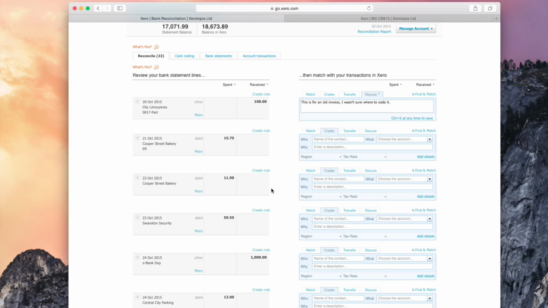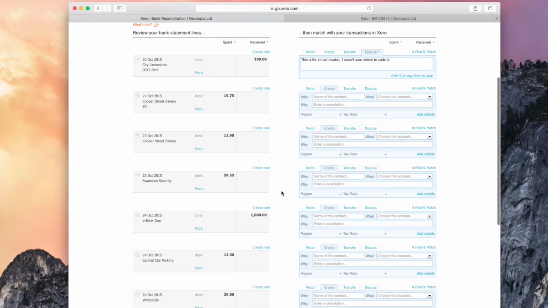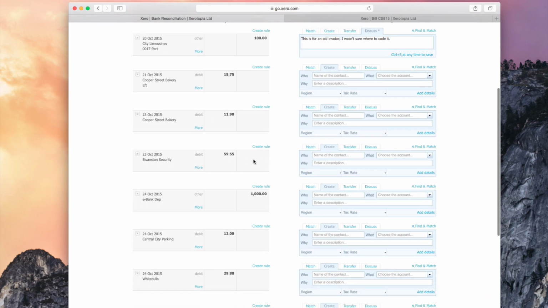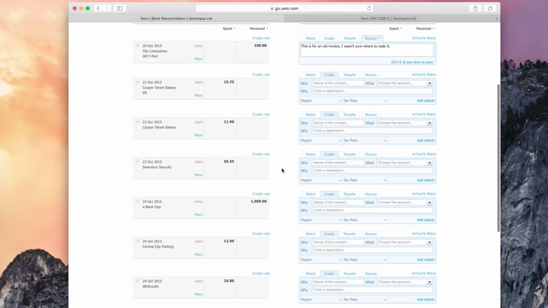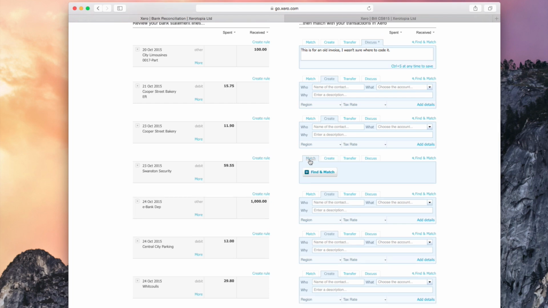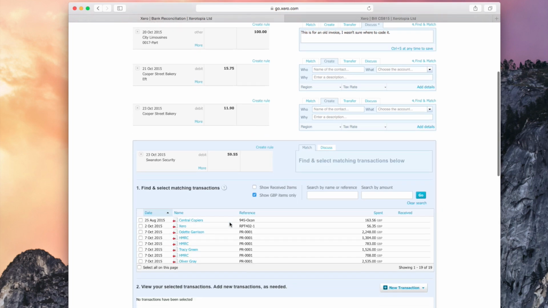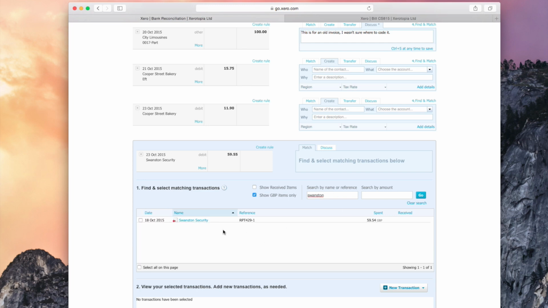There's another Cooper Street Bakery, same sort of thing. Swanston Security, 59.55. Now a security invoice actually sounds like it's something that should already be in the system, so we'll just have a quick look. Swanston. There we go, it's already there. 59.54. So there's a penny difference. They paid us a penny more than, oh no, we paid a penny more than